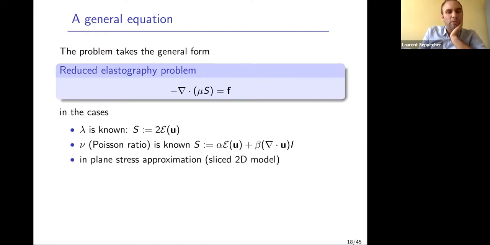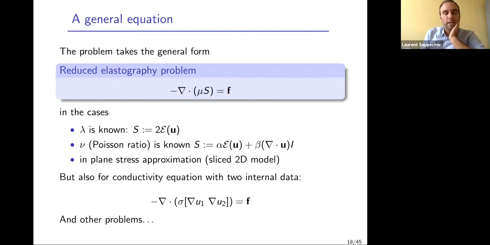Also, when we do what we call the 2D, 3D approximation or slice 2D model, when you press a 2D slice of a 3D body, then you have an approximation, the plane stress approximation, which leads you to a 2D reduced elastography problem. You can go back to this if you have questions about that. And it also works in other situations. If you want to recover the conductivity, for instance, and you have two internal data, then you can write the two conductivity equations like a vectorial PDE, like this,